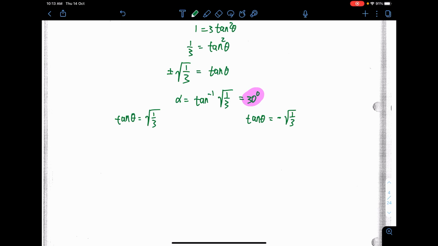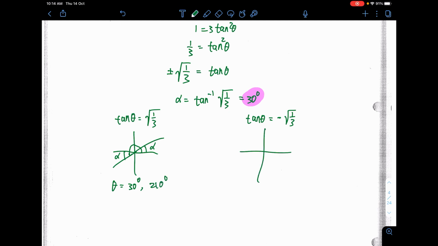Now, where is the location then? Okay, so draw a quadrant. Tangent theta is positive only in two locations, here and here. So this is the basic angle alpha, that is the 30 degrees. You can say then theta can be 30 degrees, or, to go all the way to this line, you need to rotate quite far. That is 180 plus 30, 210 degrees.